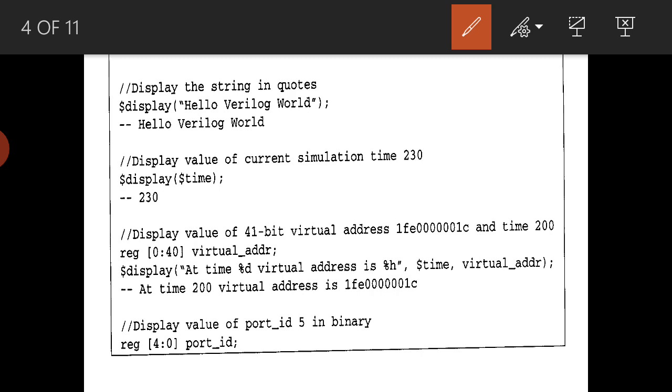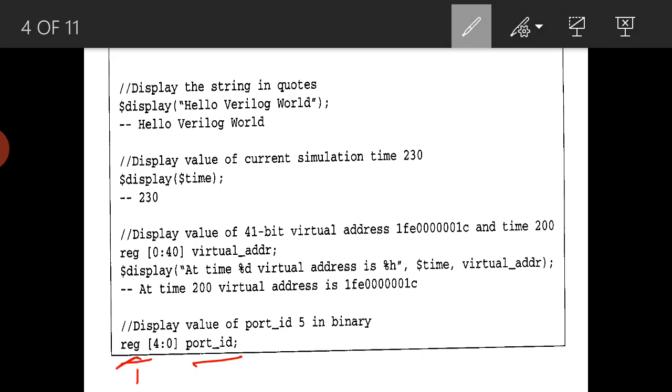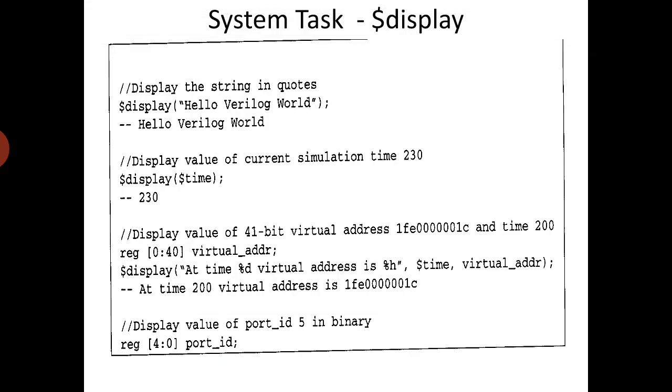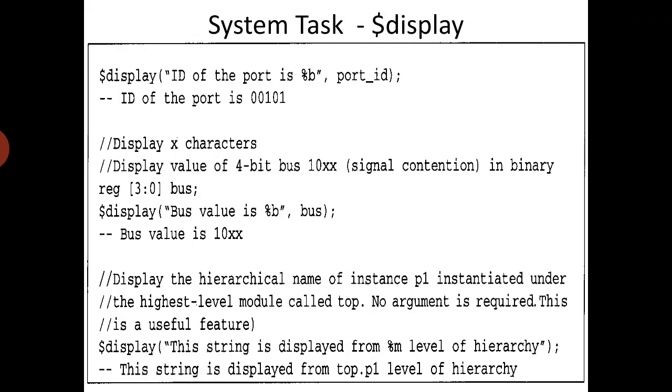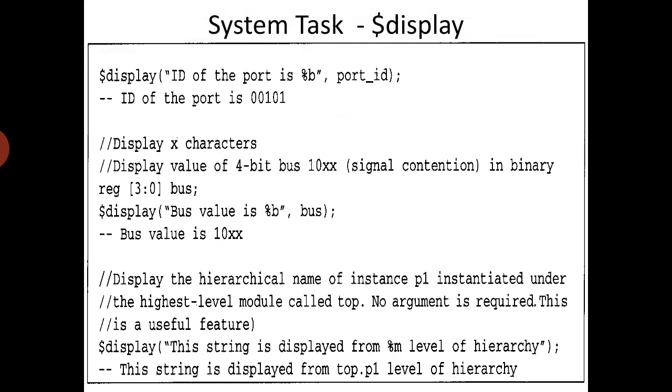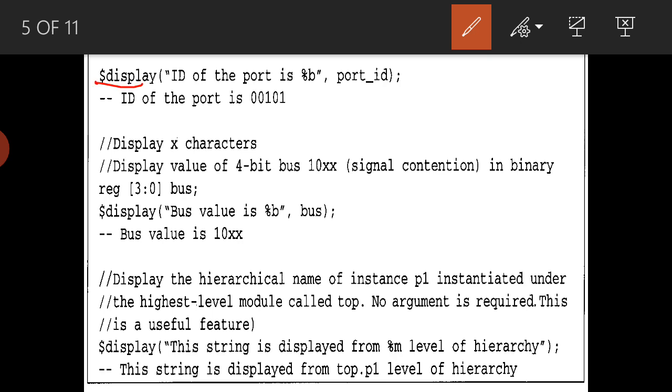Okay, this is the next example. They are declaring port id as a variable of 5 bits of the type reg. Here I want to display the port id value in binary. In that case, in $display the port id I want in binary, because I have included %b, then port id, that is binary, it is displaying.